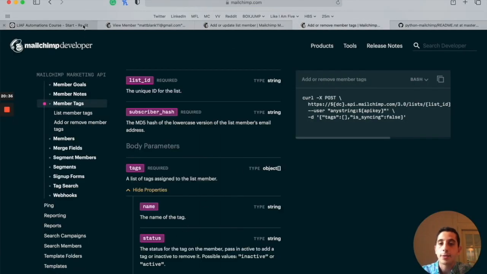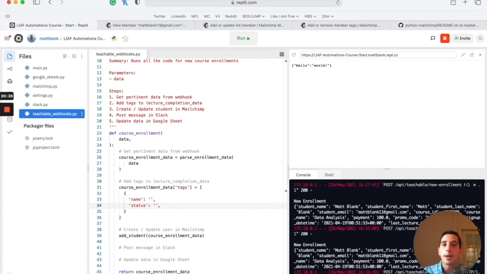And a status, cool. Okay, and I want to add personally 3 different tags to our data here when a new member signs up. I want to add the course that they signed up for as a tag, just in case I want to send out a newsletter or something to people who signed up for a specific course. The second thing that I want to add is that this person has not yet started the course. I'm going to, in a later video series, follow up and show you how to create a drip campaign where if you want to reach out to individual students who have not yet started a course or get them to